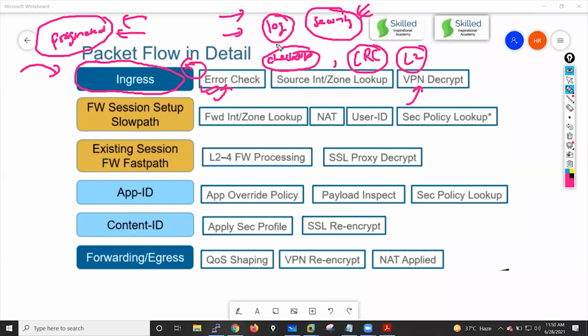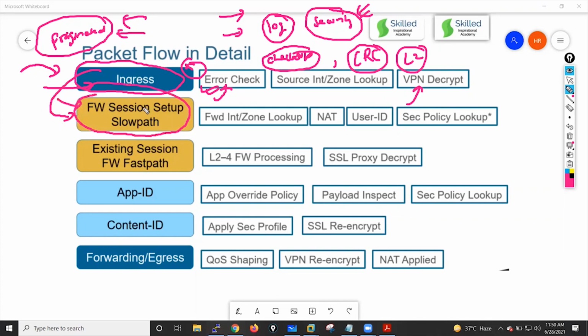Okay, so this is the first reason, maybe your packet gets dropped at the ingress process level due to checksum failure, or due to any issue with the fragmentation, right? These are the few reasons because of which your packet will be dropped at the ingress level. Okay, now after the ingress level, you have seen the